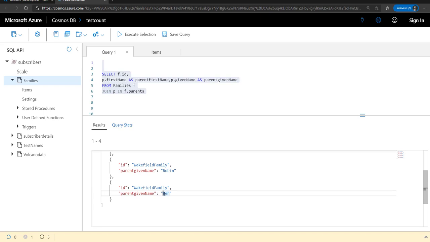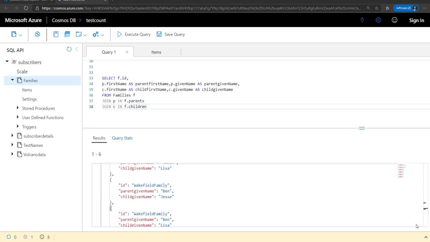So as explained earlier, this join syntax is able to iterate through each of the nodes within the parent elements and get you the required attribute that you have specified in your select statement. So it was either the first name or a given name depending on what is present. If both are present, both will be retrieved. But in this case, for one of the families, only a first name is present, whereas for the other family, only the given name is given. So this is how a join syntax works in the case of Cosmos DB SQL API.